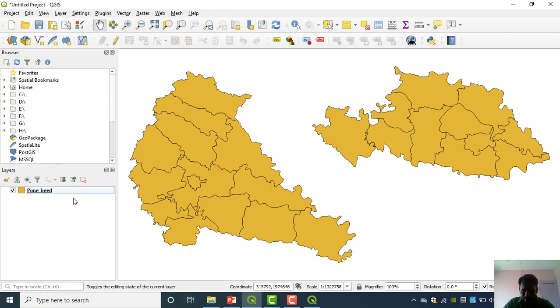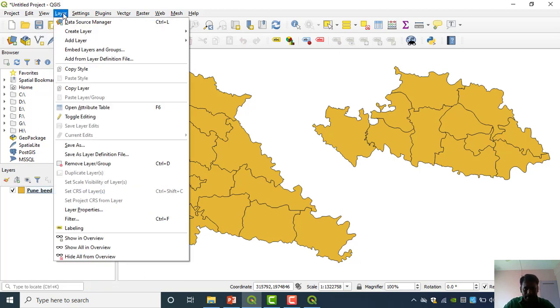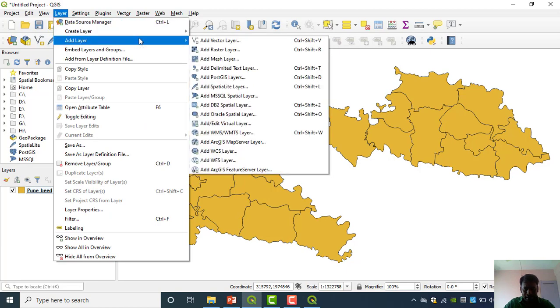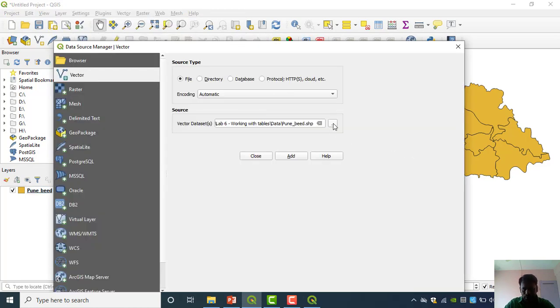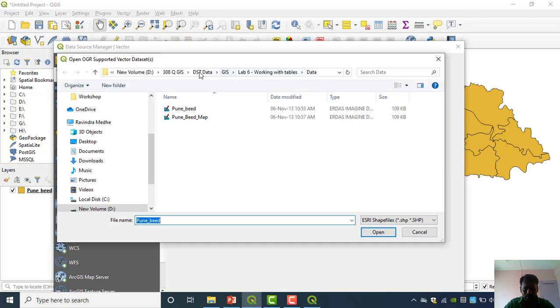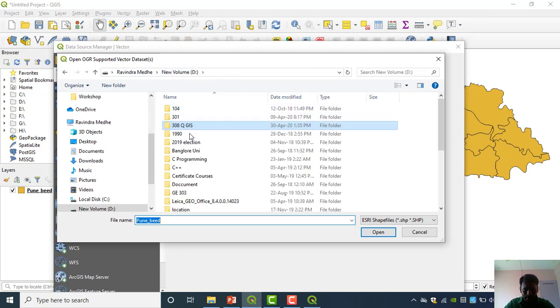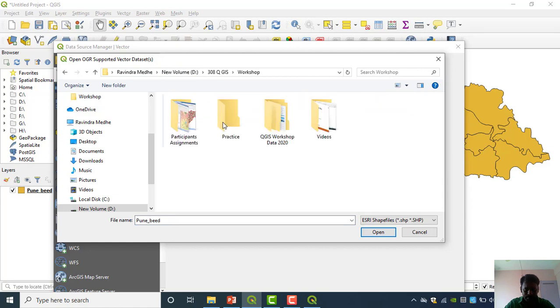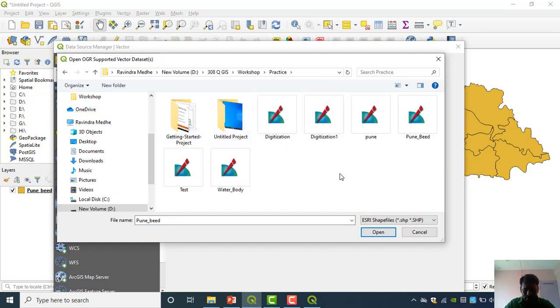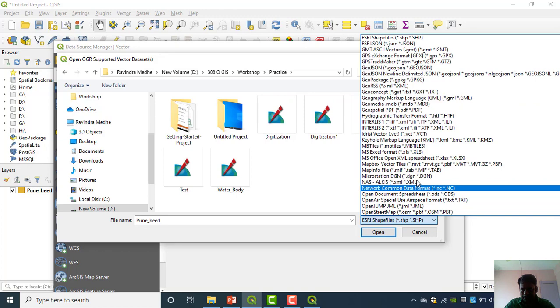Now that CSV file we have to add here. How to add that CSV file? We have to follow the same process as when adding the vector layer. Go to Layer, Add Layer, Vector Layer. Go to here, find your folder, practice, find the CSV.